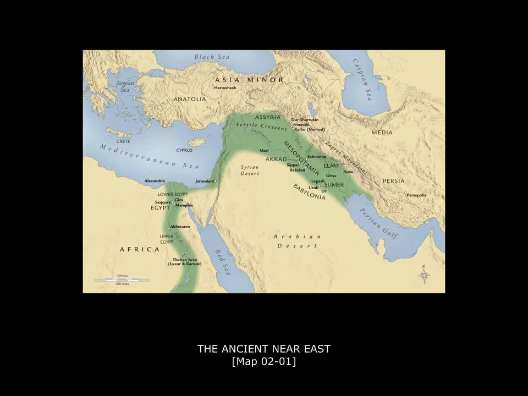What we're looking at here currently is a map of an area known as Mesopotamia, which now occupies what we call the Middle East. Some of this is composed of the countries of Iraq and Iran, which are very much in the news nowadays. You can see that this area in green, which is Mesopotamia, borders the north of what is now Saudi Arabia. The areas in green show the areas of